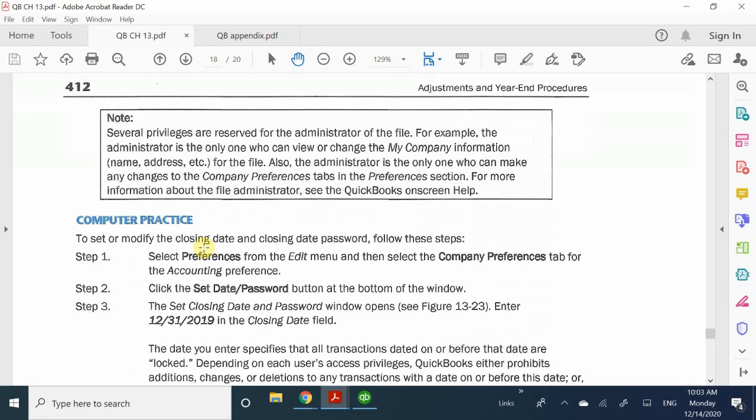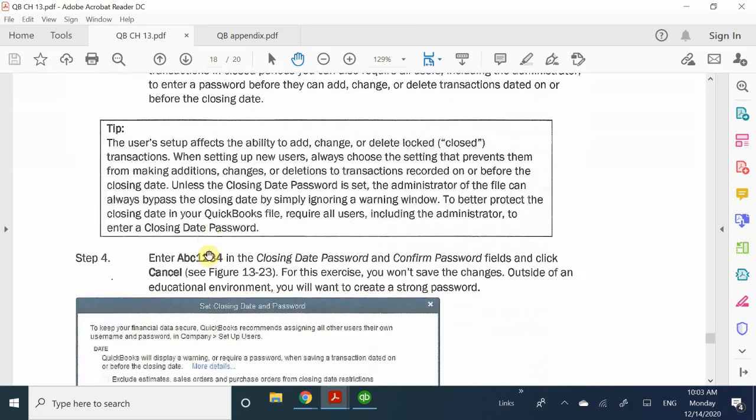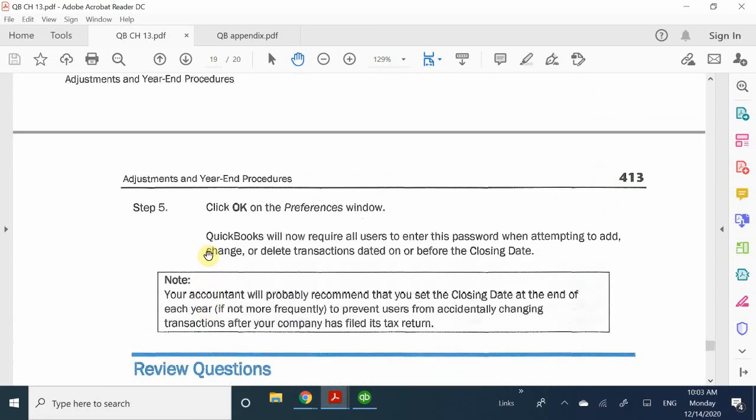Because we are working on this file as of 2020, if you set the closing date, your QuickBooks will automatically lock up, because we've already passed the closing date. You're not supposed to be entering information beyond the closing date. So that's why usually when we teach this class, we tell our students to set the closing date towards the end of the year. Even QuickBooks recommends that as well because, again, you never know when you're going to be